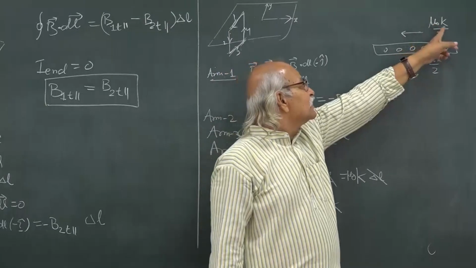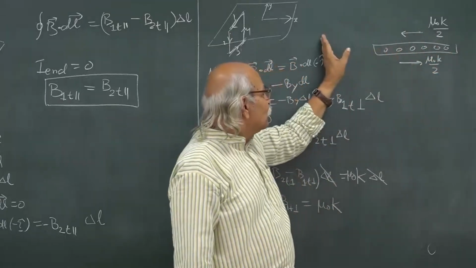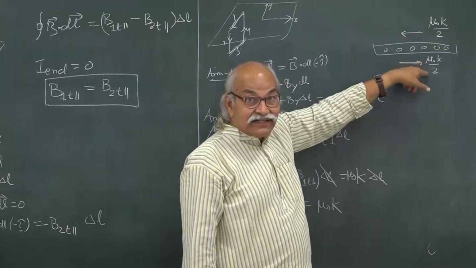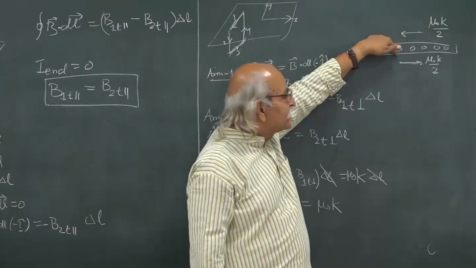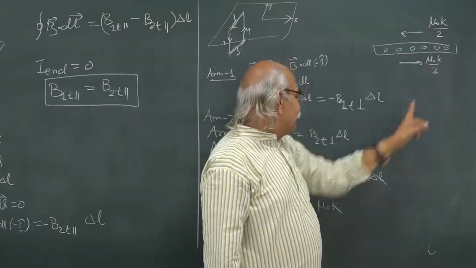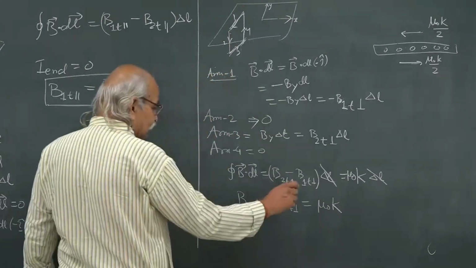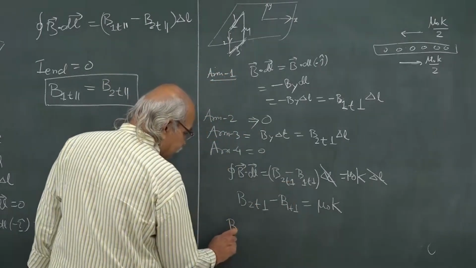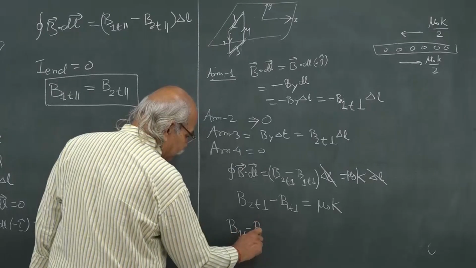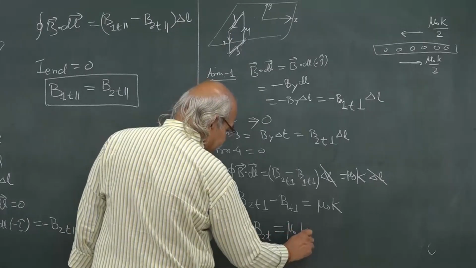It is mu naught K by 2 in this direction, and therefore if you write in this direction alone, it will be minus mu naught K by 2. So the change, the discontinuity, the sudden change as you cross from this side to that side, this is a thin surface, just a surface. From this side to that side, the difference is mu naught K. You can write this beautifully, and it will be something like this: B1 tangential minus B2 tangential will be equal to mu naught times K vector